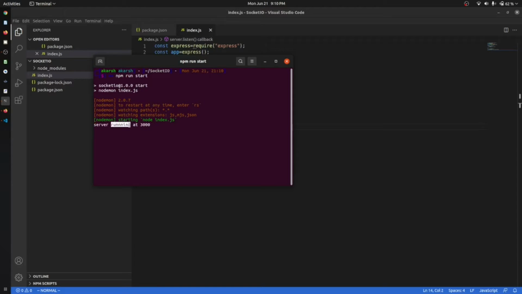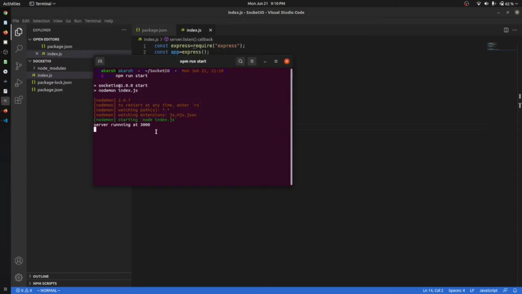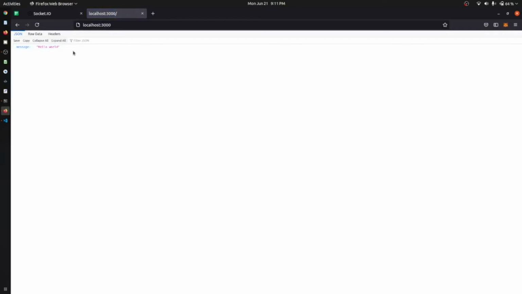Yeah, server running at 3000. Now if we come to this point, we can see that there is no console. Okay, and if we go to our 3000 port, you can see that we have our message that we have sent.